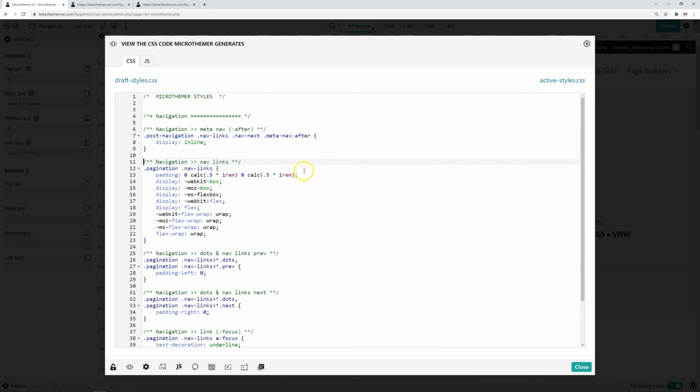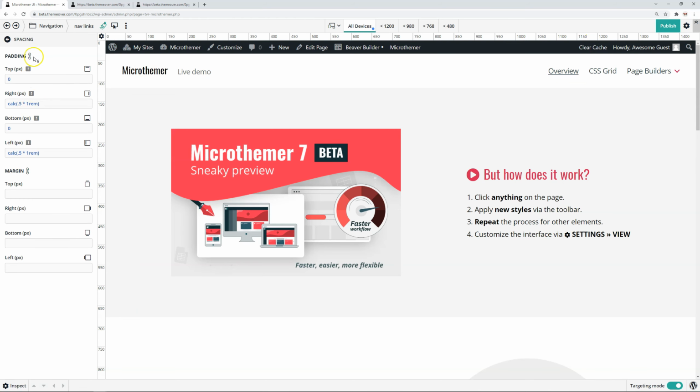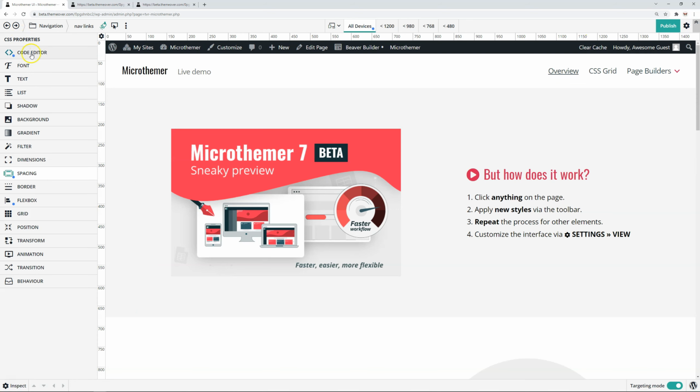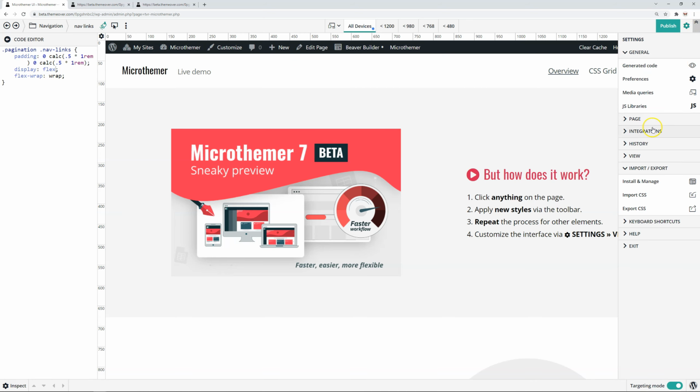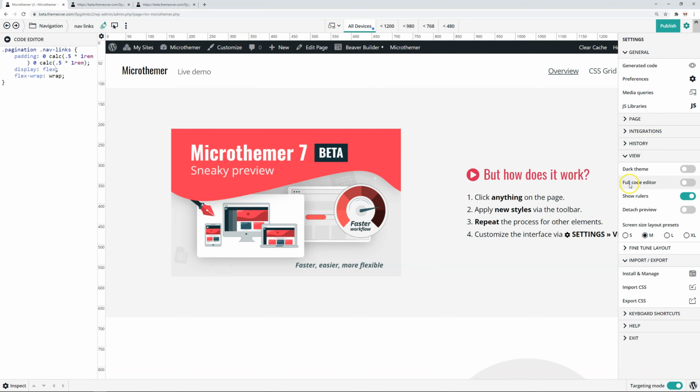Finally, if you are tempted, you can't edit this area here, by the way. If you want to edit the CSS, rather than using the UI, like here, you need to use the code editor option here to edit the styles. Or if you've entered some styles via the full code editor, then that's in this view. So you would edit those here rather than via the generated